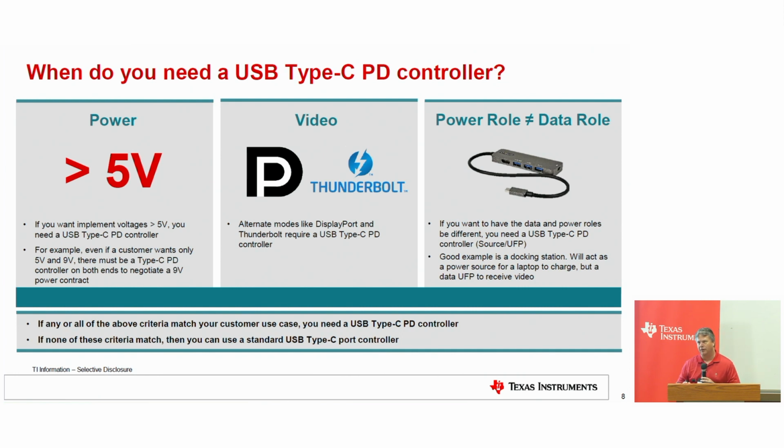So if you think of your Type-C port on your laptop, you can plug in a mouse or a Type-C thumb drive. Your laptop is the data role host, and it's also the power source. You plug in a dock, it'll flip around. It'll be a power sink, so you can charge the battery from the dock, and it'll still maybe be the data role host. But dynamically, depending on the application, you can set it up which way you prefer, or if anything happens in real time under EC or embedded controller control, you can dynamically change.